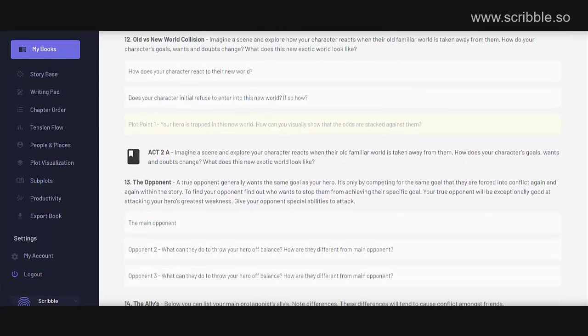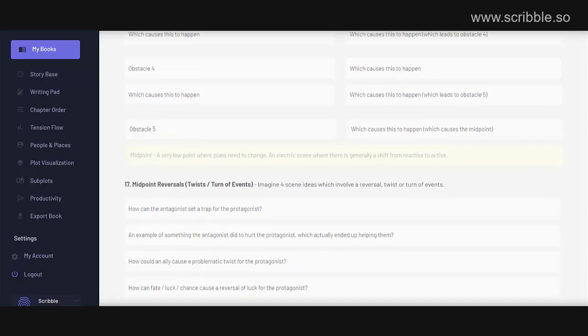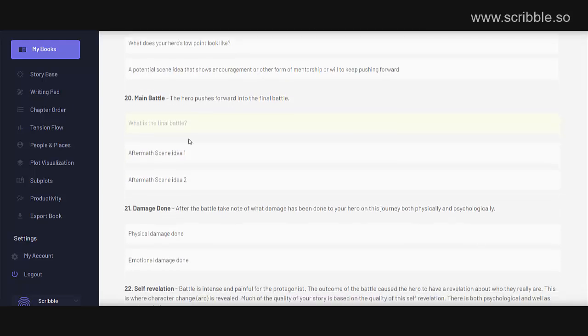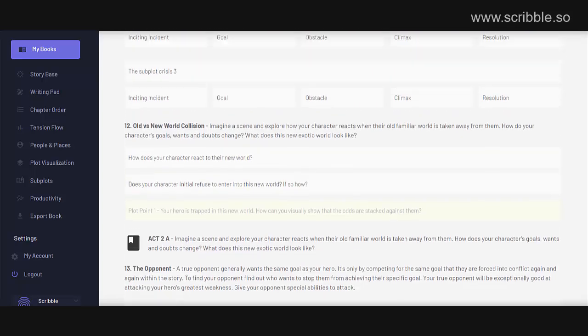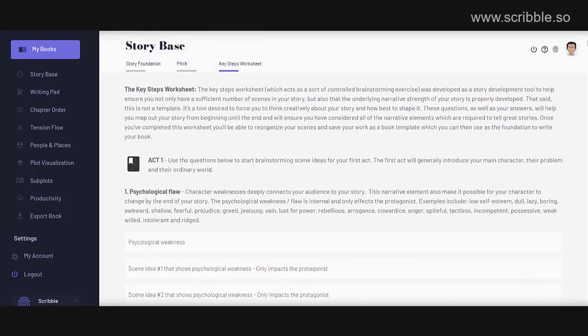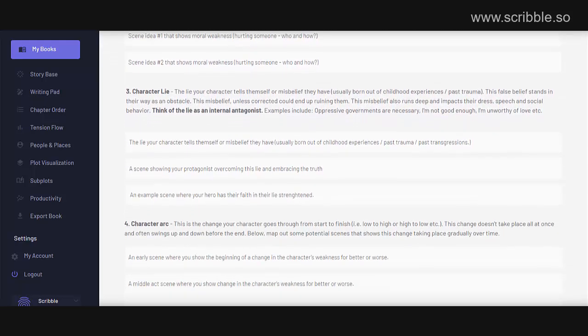Now we understand that while most stories will have these main tentpole scenes, not all stories will, and that's fine. At Scribble, we don't want to strong-arm you into any one writing paradigm, and we definitely don't want to strong-arm you into a specific narrative template. There are a lot of different writing guides on the market that promote a specific way of looking at story structure, but there is no one formula that works perfectly all of the time. So we wanted to make this story worksheet flexible enough to work with any story structure paradigm that you're currently working with. These questions are only meant to get you to think about your story. They are not meant to try to lock you into a certain structure. They're meant to get your creative juices flowing so that you can start to unlock your story for yourself.